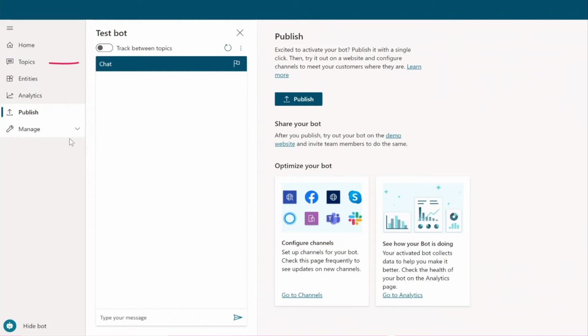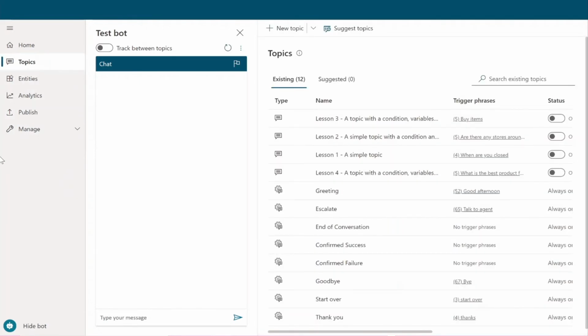Cool. Okay, so let's go to topics, which is the main part. When you create bots, you need to always think of topics like, I want my user to be guided towards this conversation, so it's a topic for that. And from one topic, you can redirect this user to other topics, so this is possible as well. But let's create our new topic. So if you click new topic there,